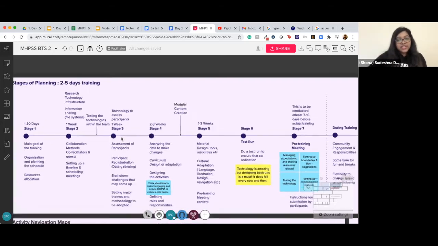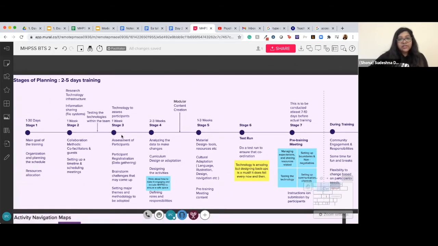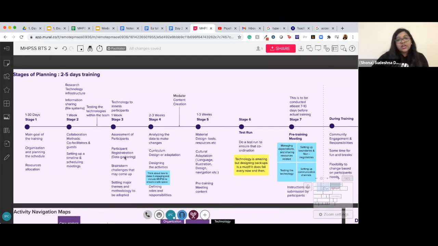So the next stage is assessing the participants. We did it through surveys. We sent a participant assessment trying to understand their bandwidth, how much internet bandwidth they have, what their technological capabilities are, and their language skills, just to see if the participants during their registration process were a good fit for the training. This is a very important step, specifically in online trainings, because depending on the cohort that you have, you might have to design your training and the use of technologies very differently.